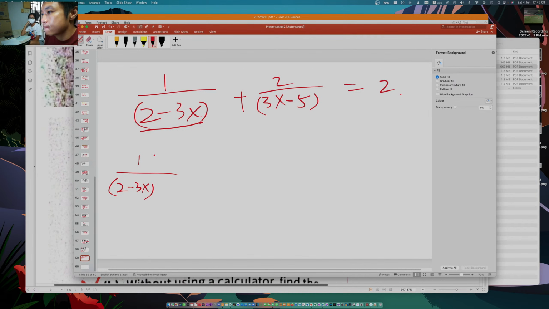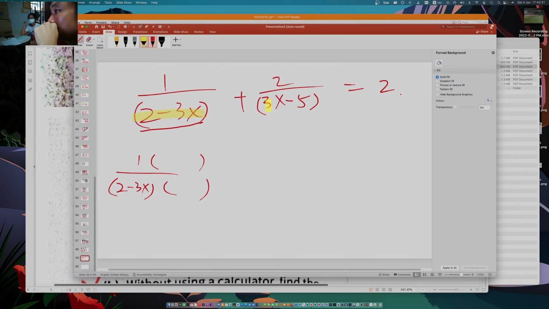Can they add up together? This compared to this, this compared to this. By the way, this is with letter, this is number. Cannot combine. This is with letter, this is number. Cannot combine. So when you cannot combine, they still have to stay as a whole. So what you need to do, you ask yourself: